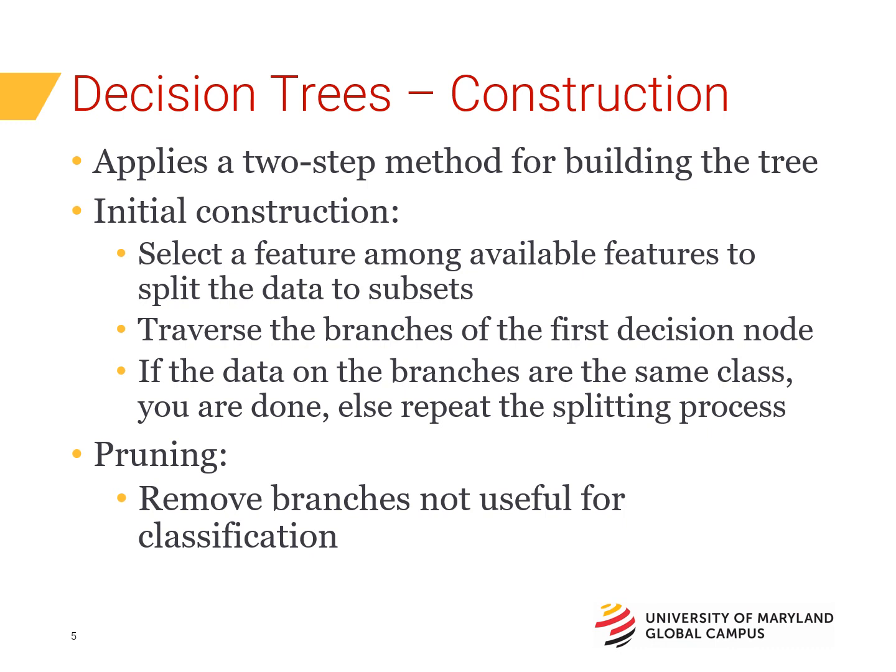By removing unnecessary branches, we create a more compact and interpretable decision tree that is less likely to overfit the training data. It's important to note that the construction and pruning steps are not always performed in a strict sequential manner. Some algorithms, such as CART, classification and regression trees, combine the construction and pruning steps into a single optimization process. These algorithms use techniques like cost complexity pruning to find the optimal tree structure that maximizes accuracy while minimizing